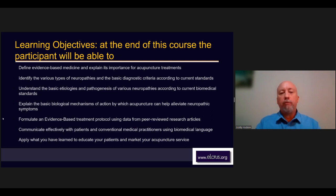At the end, we'll formulate an evidence-based treatment protocol using data from all of the peer-reviewed research articles that we're going to look at. And through all of this, one of the big goals is hopefully to be able to communicate effectively with the patients and conventional medical practitioners using modern biomedical language. That's really important that we make the effort to come to their side when discussing patients and our treatment and